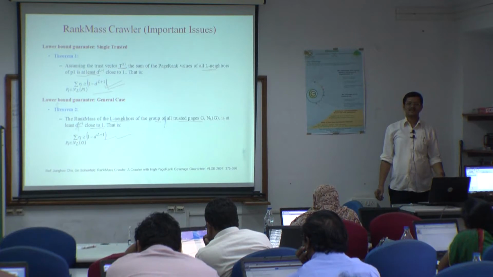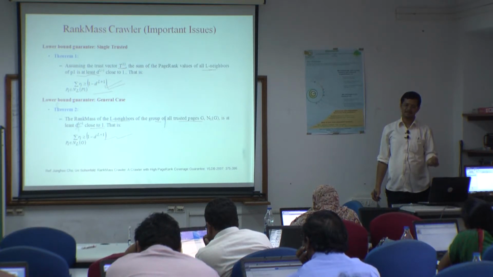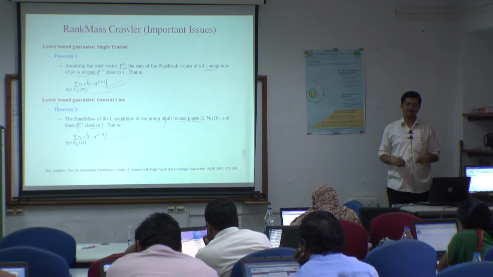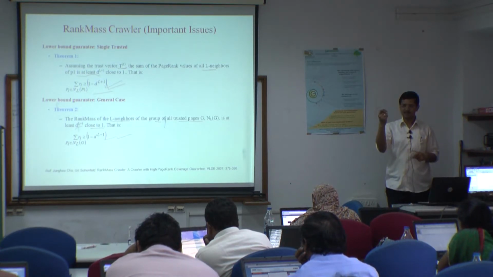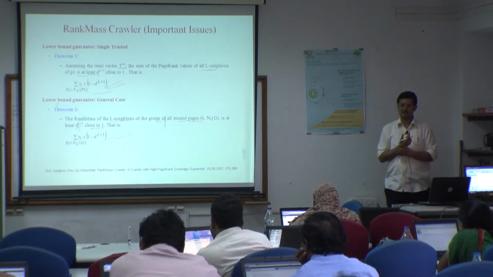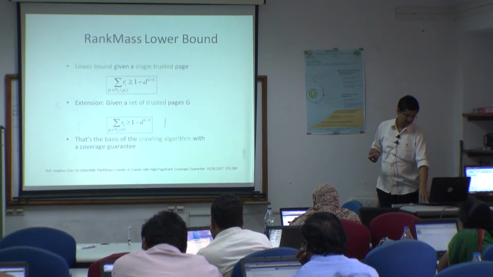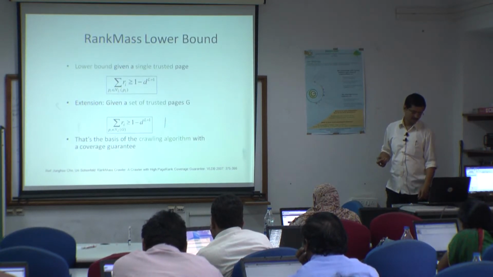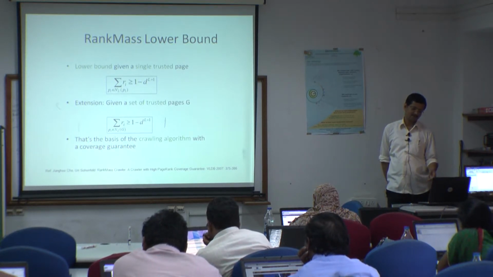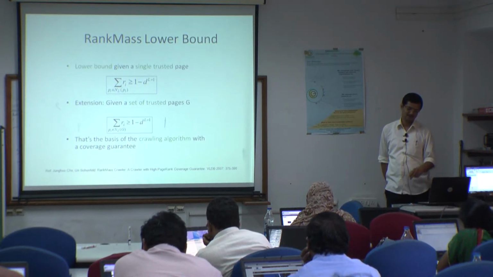It just checks some lower bound related frequency threshold. It means if you combine the new page by adding at the new link level, or calculate the personalized page rank after the new link level, and it supports some minimum frequency threshold, then we go forward, otherwise not. So this is the technique for how to identify the lower bound threshold. The lower bound threshold can be calculated by 1 minus d to the power L plus 1.